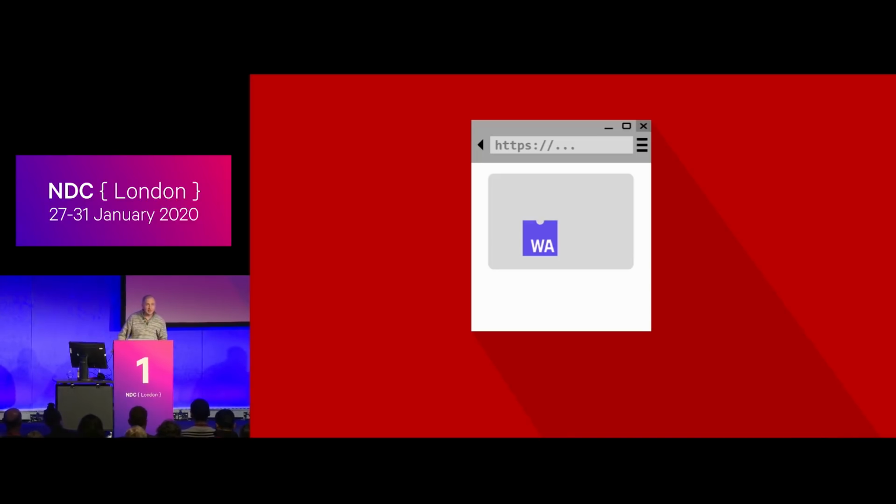This has been shipping as standard in all up-to-date browsers, both desktop and mobile. So that's basically a solved problem. The next thing we need is some kind of .NET runtime. What I found to my surprise and delight is that without very much work, it was possible to compile a .NET runtime to WebAssembly. And once you've done that, you can load normal .NET assemblies into it and execute them